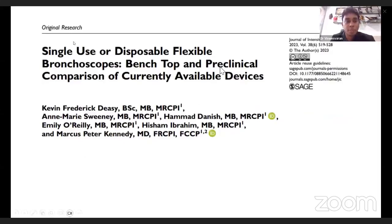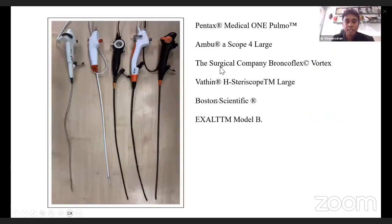In addition to this, this is another paper on single-use or disposable bronchoscopes, where they tried to evaluate all the data that was available from the benchtop and preclinical comparison of currently available devices. If you see in the market, we have a lot of these single-use bronchoscopes currently available. It can be a Pentax Medical one. The other one, which is most commonly used, is the Ambu scope. The surgical company, the Bronchoflex scope, the Wathen scopes, the Boston Scientific scopes, and even the Exalt Model B scopes. And there are still many other scopes which are indigenously produced as single-use scopes which are available in